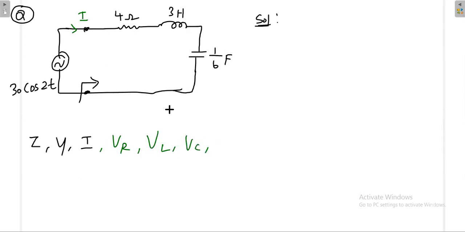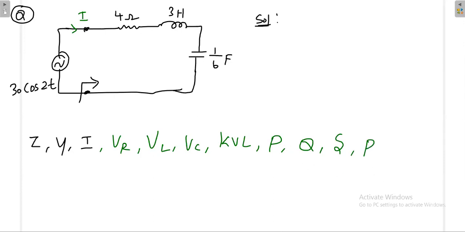And again you verify the KVL, because KVL is applicable for both AC circuits as well as DC circuits. Kirchhoff's voltage law. Then you calculate the real power. The real power will be across 4 ohm. Then you calculate the reactive power. The reactive power will be across both the inductor and the capacitor. Then you calculate the apparent power. The total power including the resistance, inductor and capacitor is called the apparent power. That power is the same as the power delivered by the source.